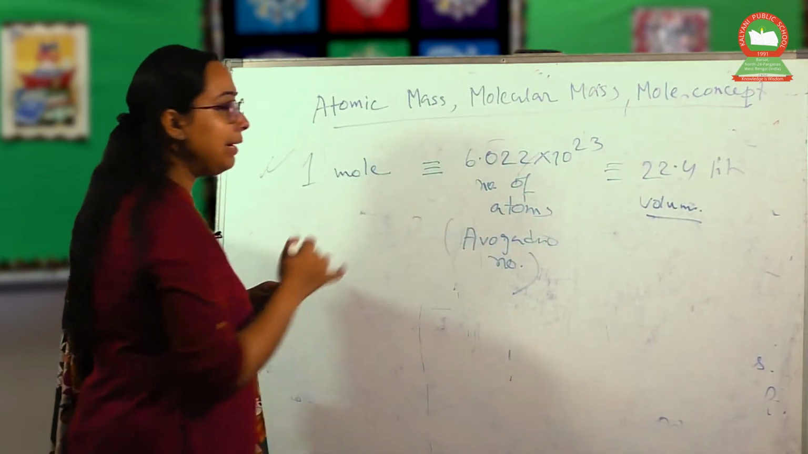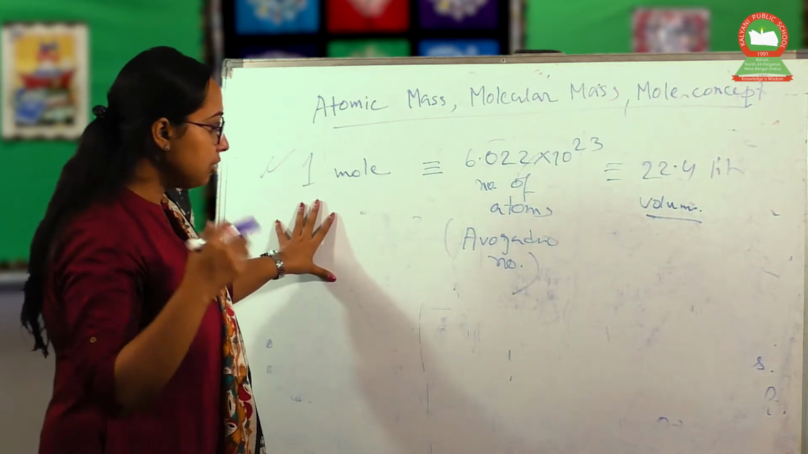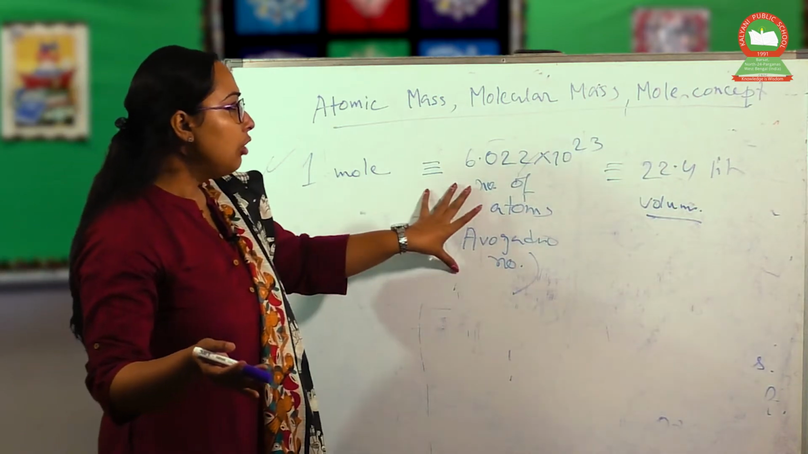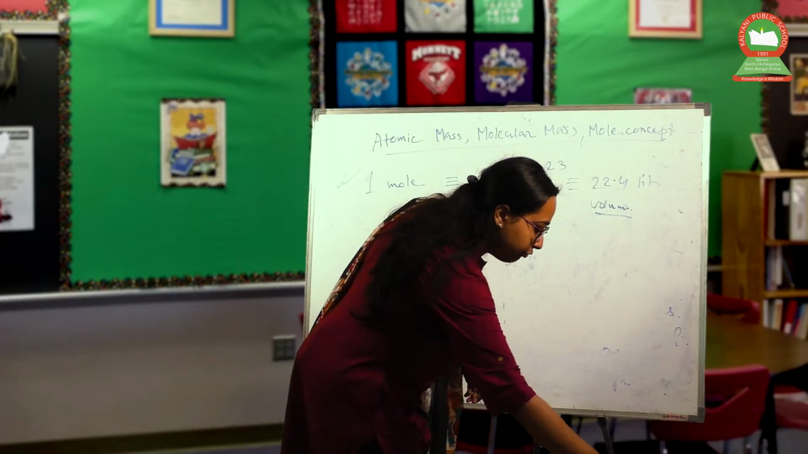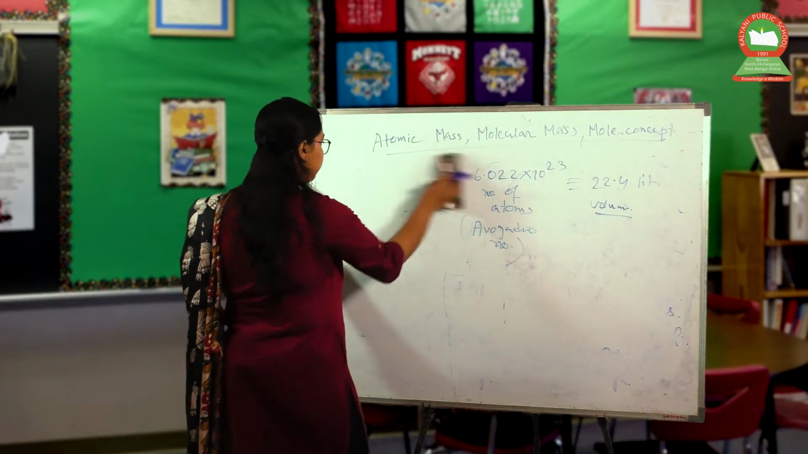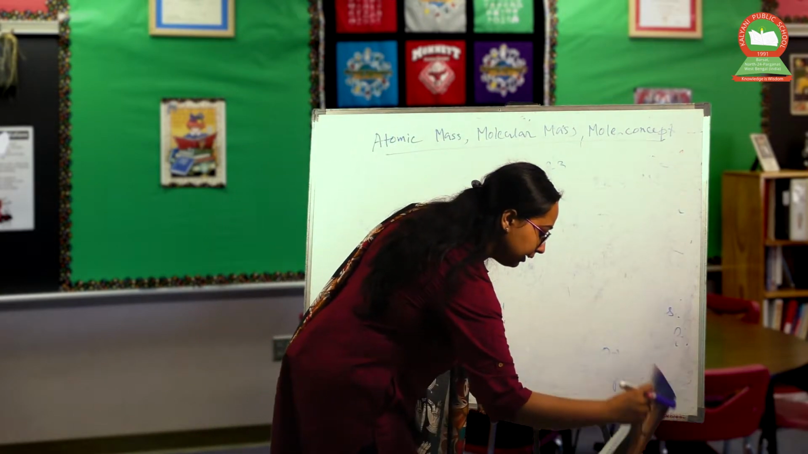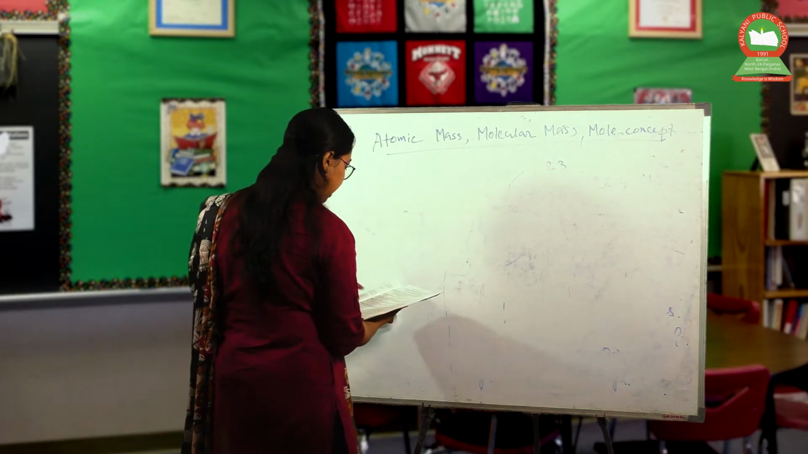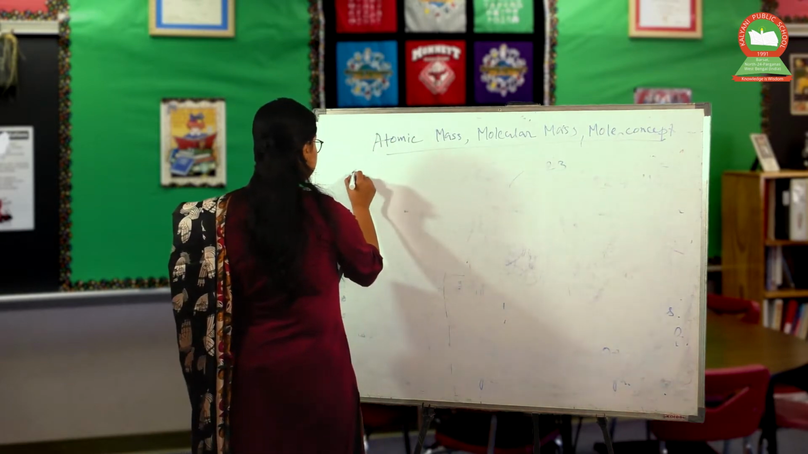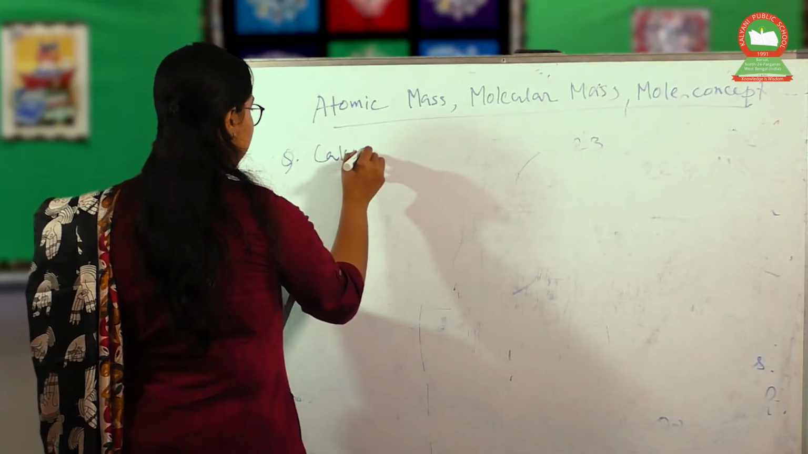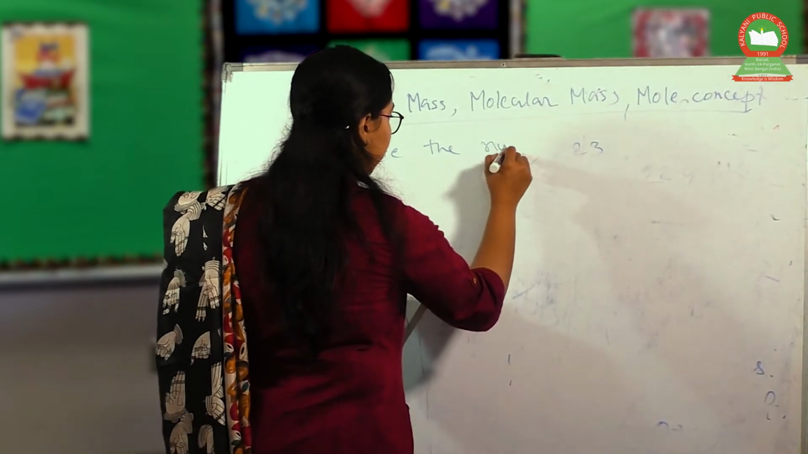So this is the ultimate term. If we take hydrogen, 1 mole, the atomic mass will be equal to this and will be equal to this. So on the basis of this, we have to calculate some numericals. First numerical: calculate the number of